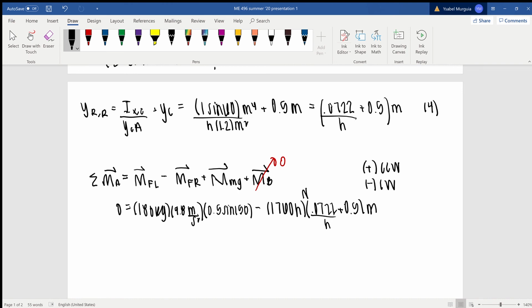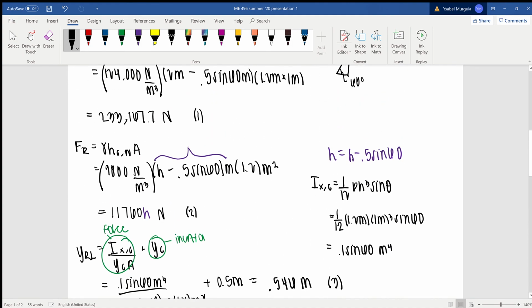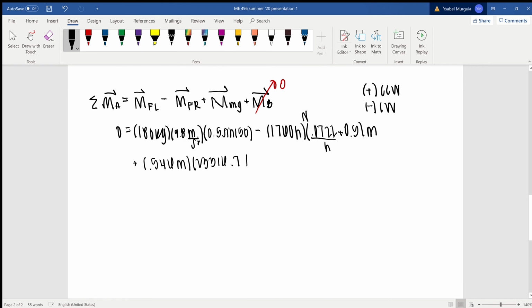And then we're going to add the left. So the left is going to be 0.546 meters, which is the distance times the force, which was 23316.7 newtons. Again, Newton meters. Okay, so here we will get 441 Newton meters minus 849.072 Newton meters